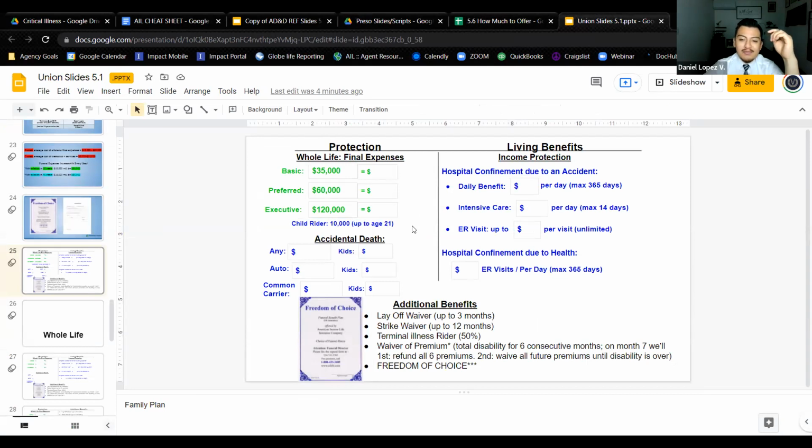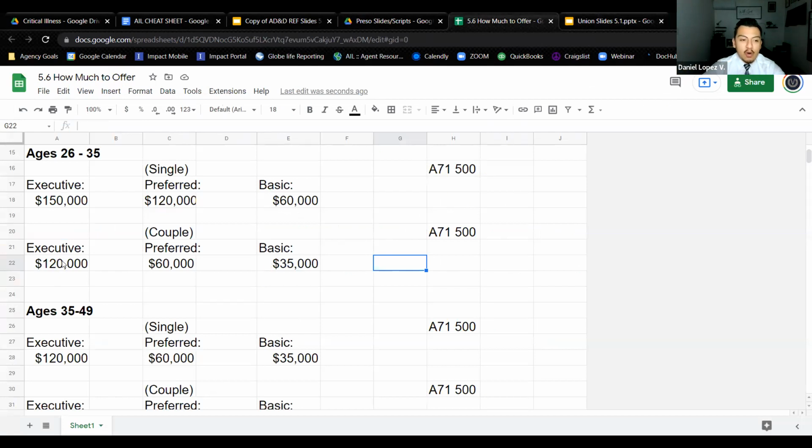Like, well, I just said one. It just becomes very awkward. You're not going to really do it. But if this is too expensive, I can always go down. So let's do that. Show what's in here, regardless of whether you think it's too much for them. There is some exception again. If you're talking with a single parent and they're working 10 hours, 20 hours a month, and they're a single parent paying rent and they can barely afford anything, then that's where the sixth sense comes out, and you're like, shoot, maybe I should start at 60, 30, and 20. You guys understand what I'm trying to say? Okay, perfect. So that's that.